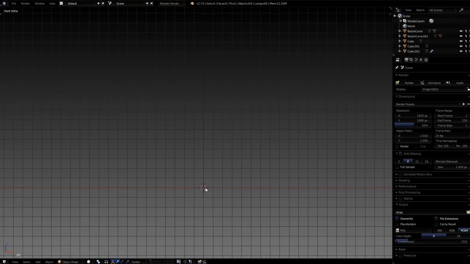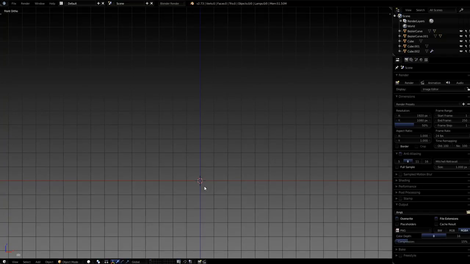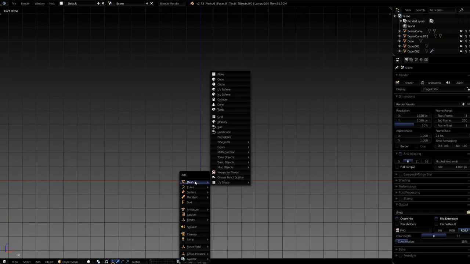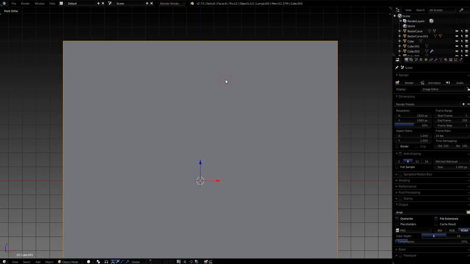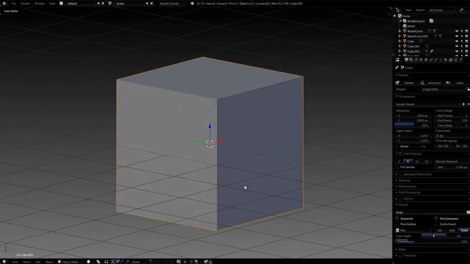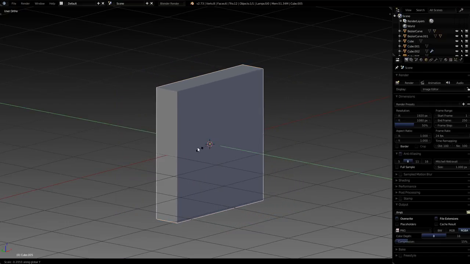Using Shift and C to center my cursor, I'm going to go ahead and use Shift and A to add a mesh cube. This cube is really big, and we're going to create a big zipper pull, but we're going to scale it down when we're done. There's really no sense in making it small to begin with. So S and Y, so I can scale it along the Y axis